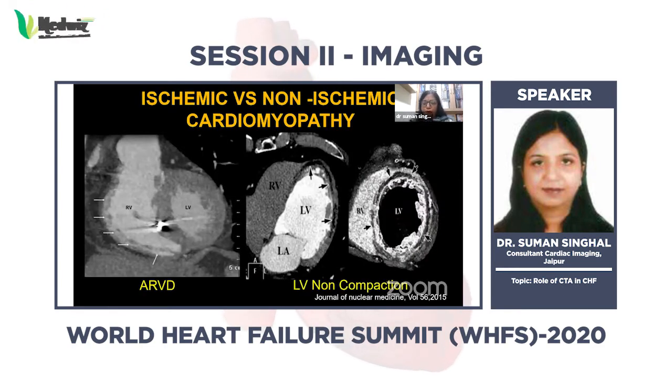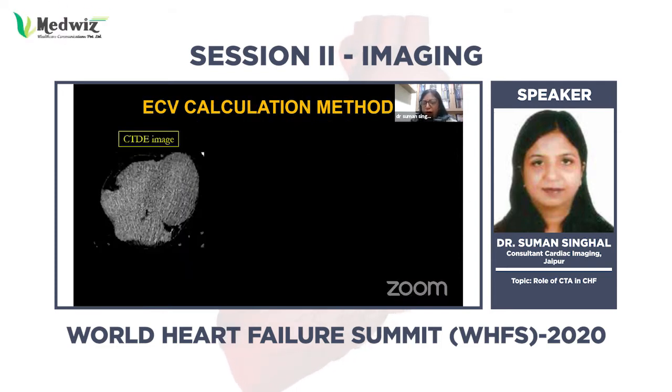Now, we all know that CT has a definite role in looking at ischemic cardiomyopathy and the coronary arteries. But nowadays, when we get the CT images, since it has a very good spatial resolution, if we try, we can look at the other causes also. Like in non-ischemic cardiomyopathy, we all know CT sees the fat very well. So certain times we can see the fat in the RV wall, or we can see these trabeculations or the areas of non-compaction in the LV as well. But CMR is definitely better than CT in all non-ischemic cardiomyopathy.